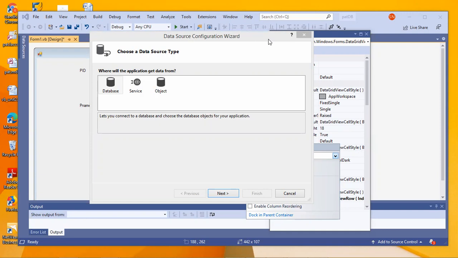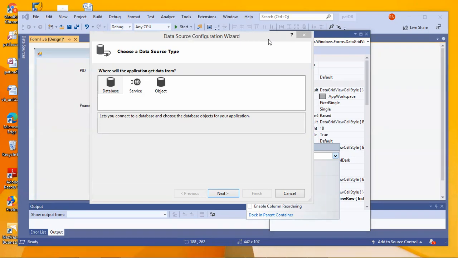How does ADO work? What are the subcomponents of ADO? Dataset, data provider. The dataset will be created later. The main thing is the data provider.